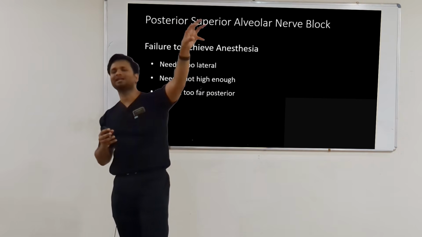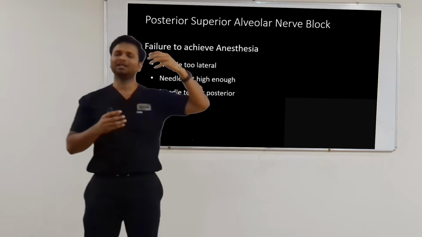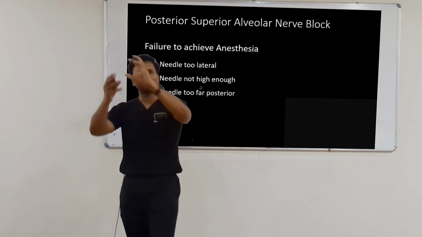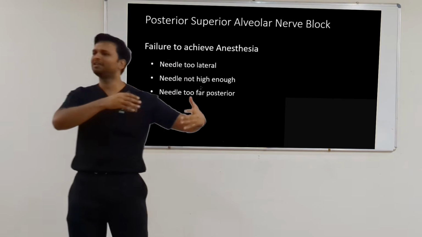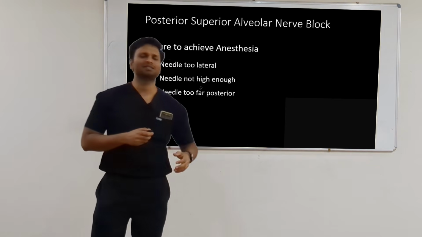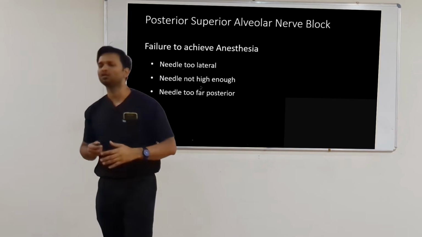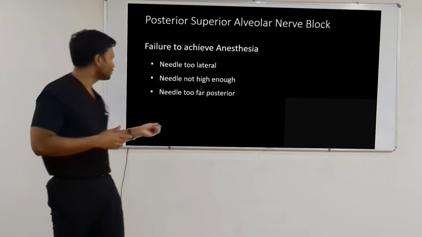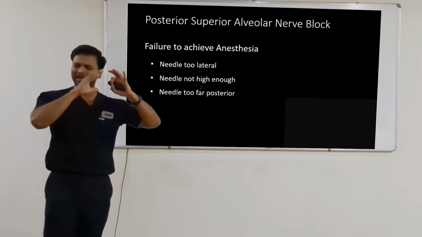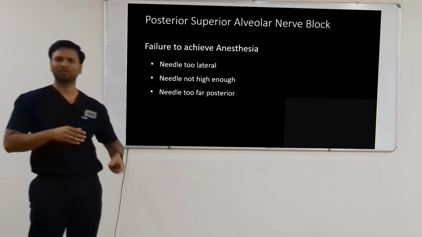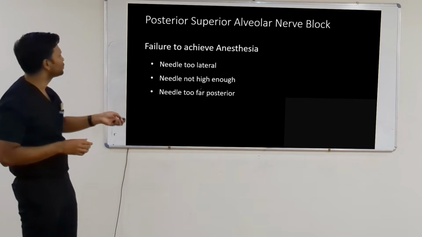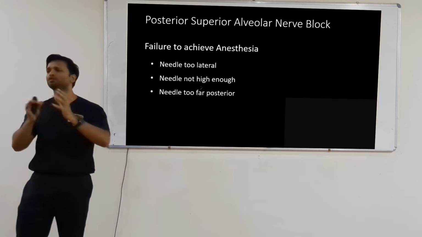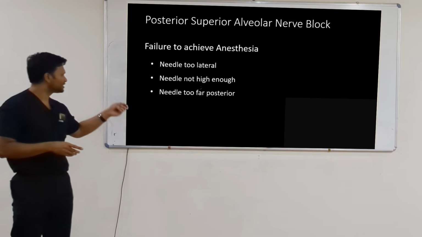Even if you have not anesthetized the PSA nerve, and in case you want to operate on 8 or 7, that is third molar or second molar, वो LA वहाँ पे flow होके भी local infiltration की तरह act हो जाएगा. So it is very difficult to fail with PSA nerve block. Okay, so you are going to achieve anesthesia with PSA nerve block in 99% of the cases. And in cases where you fail to achieve anesthesia, mostly it is the improper positioning of the needle. Okay, so you can see तीनों में यही चीज है.